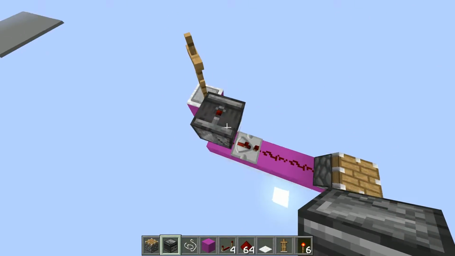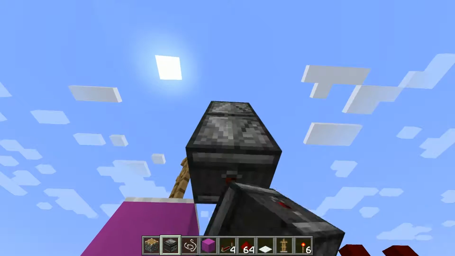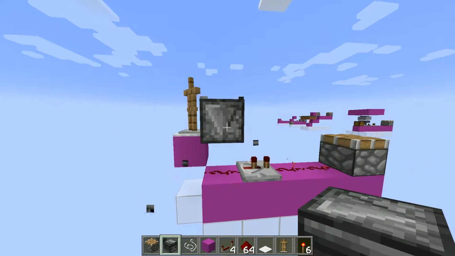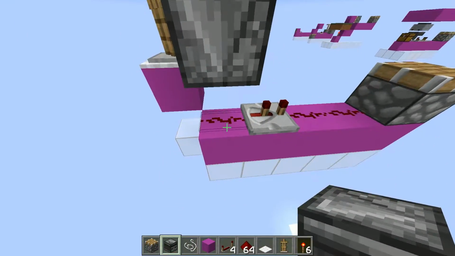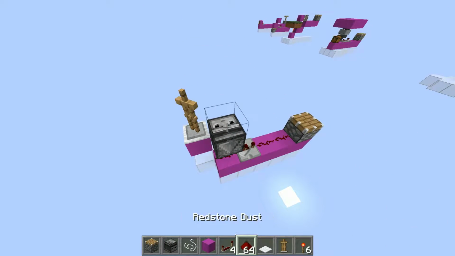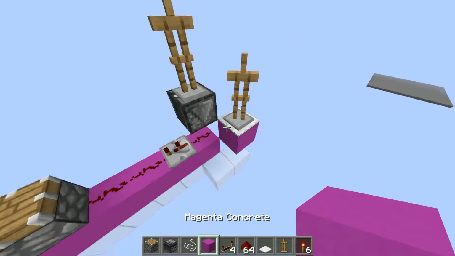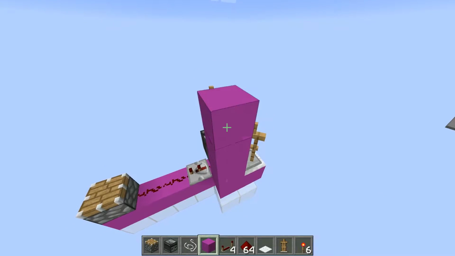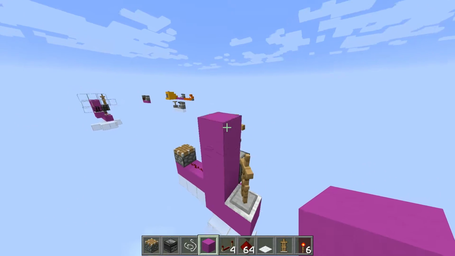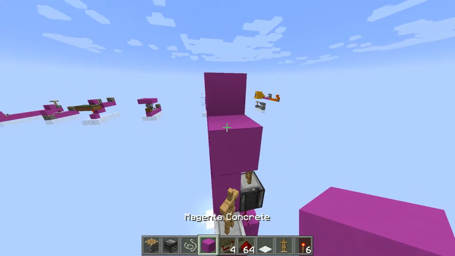Right, we need an observer, and we need it to be facing down. So if we do that, make sure you got the arrow there facing the redstone, piece of string on top of it, and then an armour stand. Okay, last thing we've got to do now is to get a block and push it down into the head of this armour stand. So put the block there,